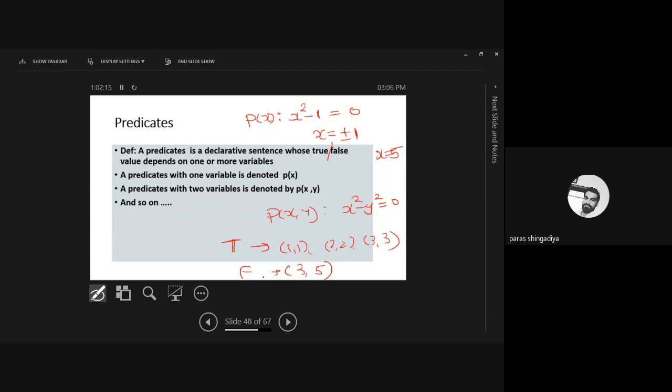It is one type of equation we have, and we check for which values of x the function becomes T, this predicate becomes T, and for which values of the variable the function becomes false. So that is the difference between the solution of the equation and the predicate. They are similar, but we also need to consider the false outcome. Clear? For which values it becomes false, for which values it becomes true. And you can also consider 3 variable equations, 4 variable, 5 variable. It depends on the number of variables.